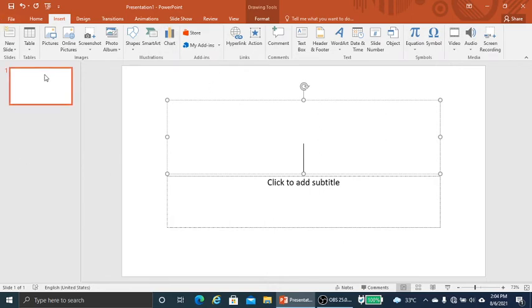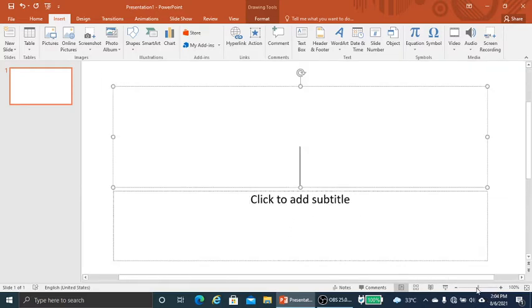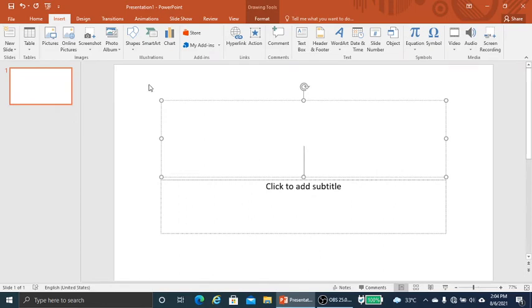This part is known as the task pane, and then we have the zoom, where we can increase or decrease. This whole is known as the slide. We can also see the views. This is normal view, this is slide sorter view, this is reading view, this is slideshow view. Basically there are 4 types of views. So these are the components of the PowerPoint window.